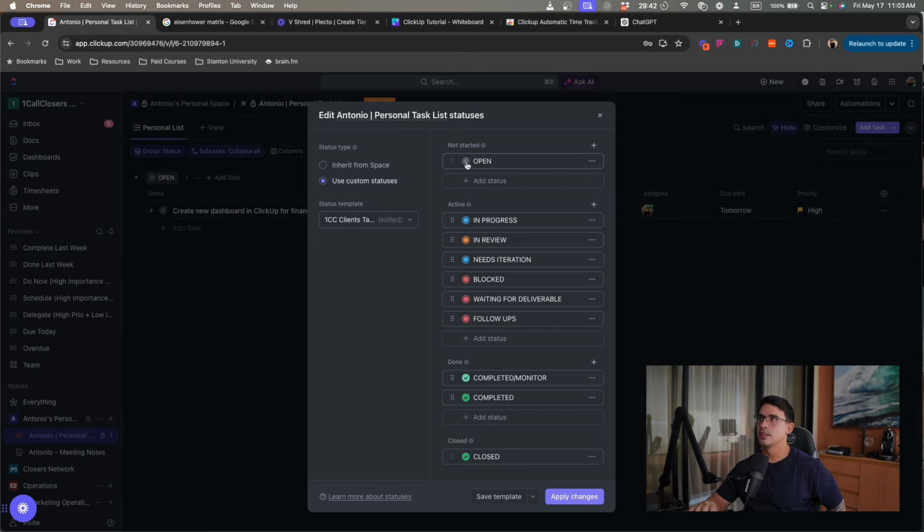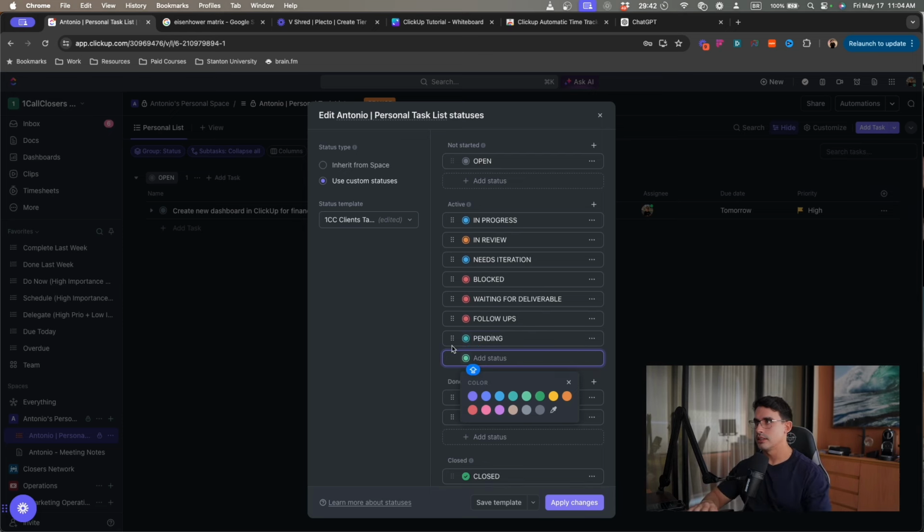So basically, I have here not started as being an open task, and then because I always add a deadline, you can set up automations on your end so that whenever the start date hits, you can move it to in progress, or let's say I have actually a pending status over here.